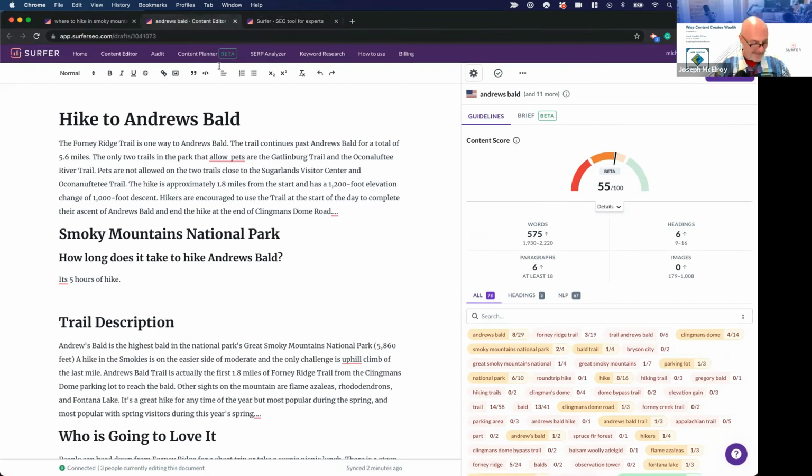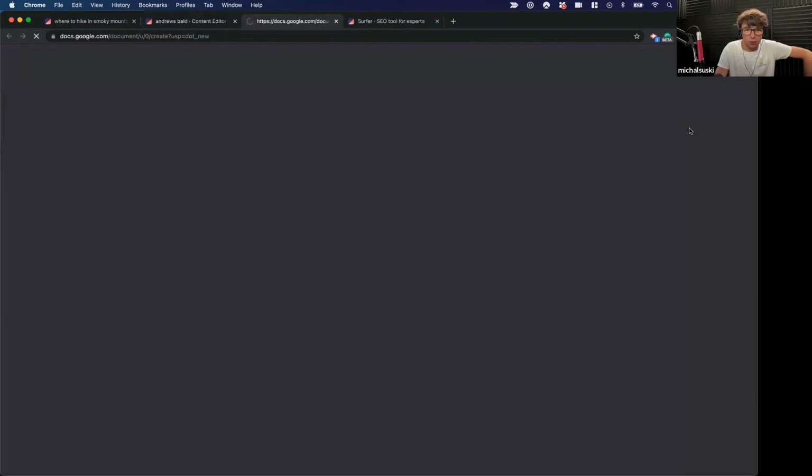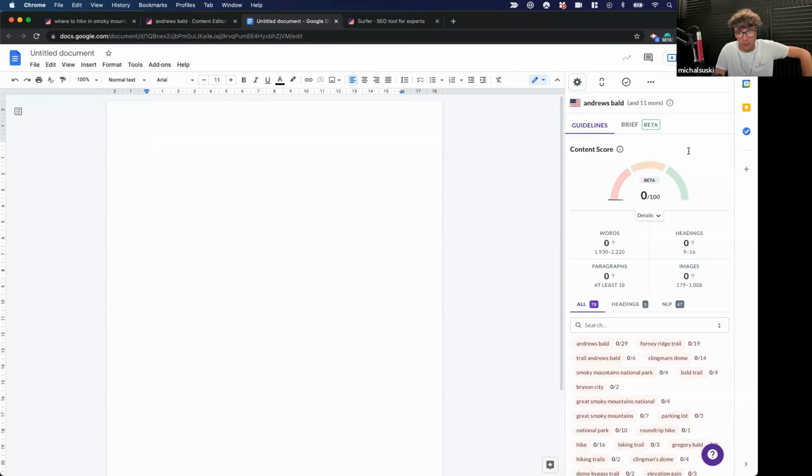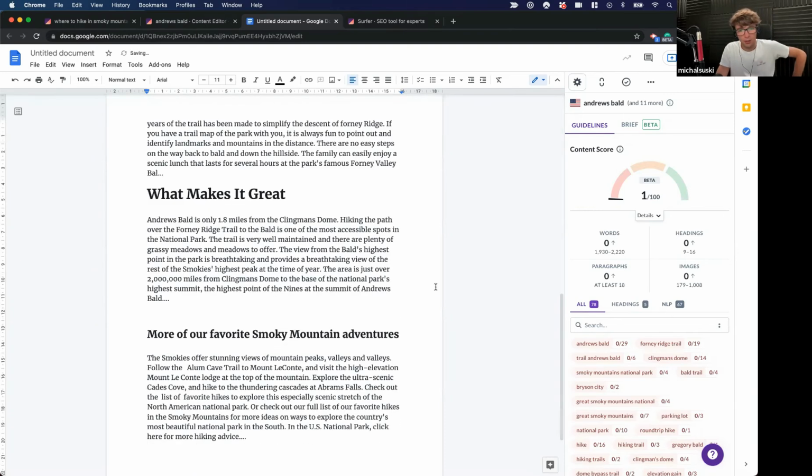So if someone's processes are tied to Google Docs, that's fine because you can create a new Google document right away, and with the Chrome extension, you can have Surfer in Google Docs. So all of the collaboration things that you like about Google Docs are here. The same experience, but enriched with the guidelines on the right hand side that do the same job. So I will just take the content, put it here, and boom, score goes up just like there.